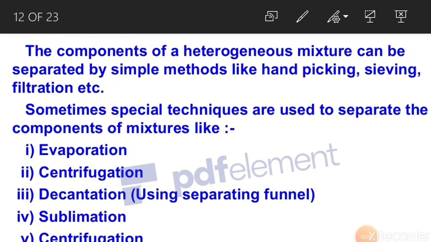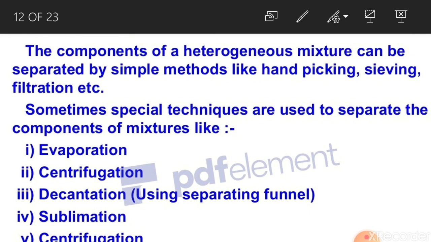So, dear students, till now you have understood terms like suspension, colloidal solution, and the concentration of a solution, right? And you have also understood the Tyndall effect. So you are now familiar with these terms. Next, we will see that there are two types of mixtures: one is homogeneous and one is heterogeneous.